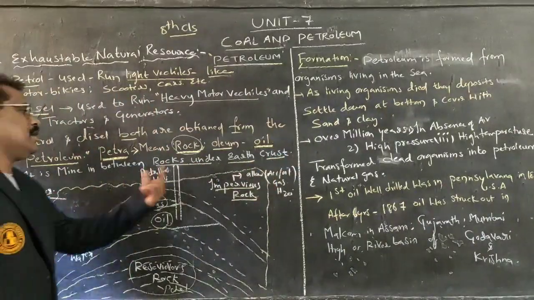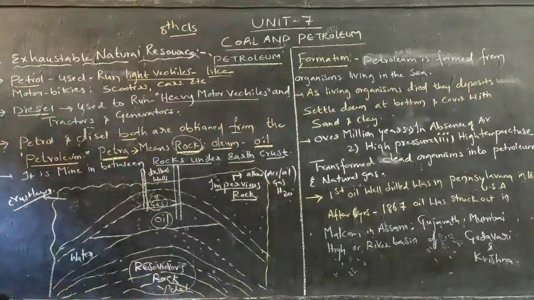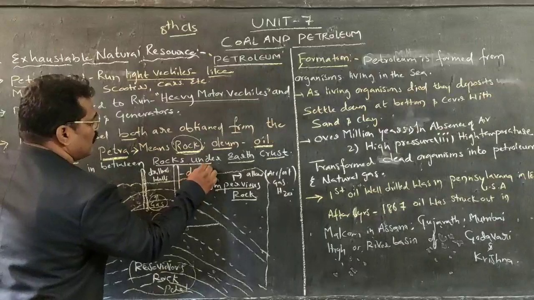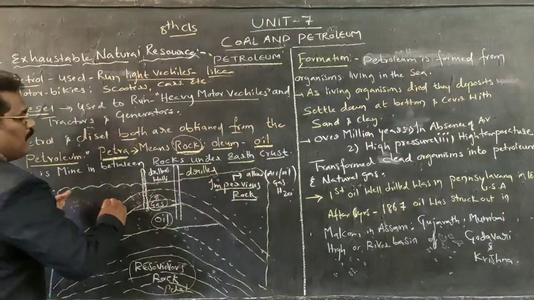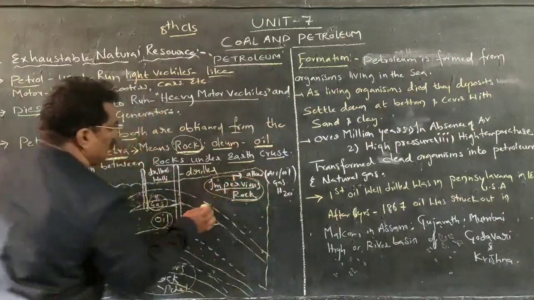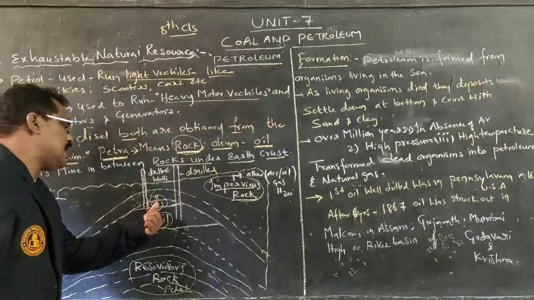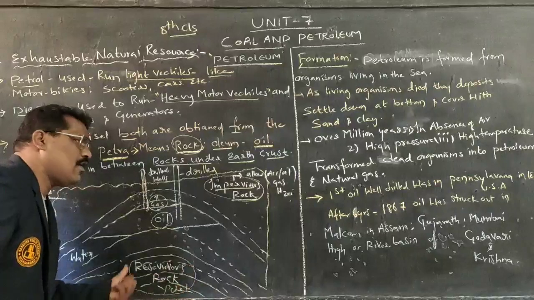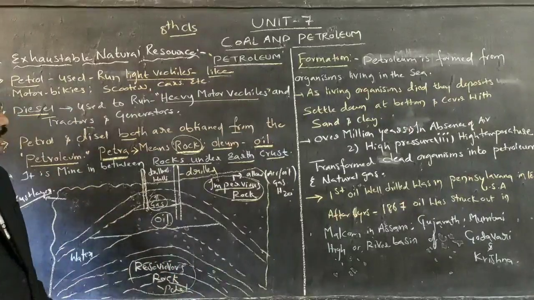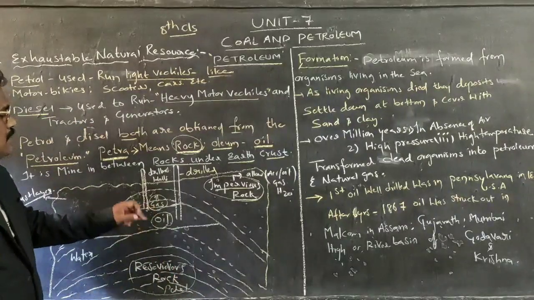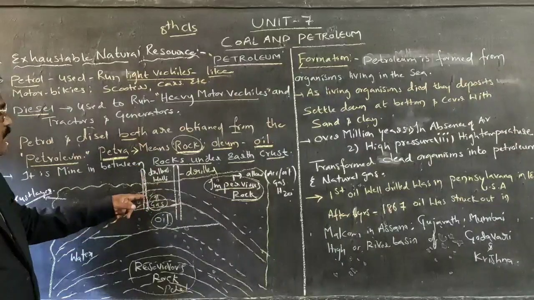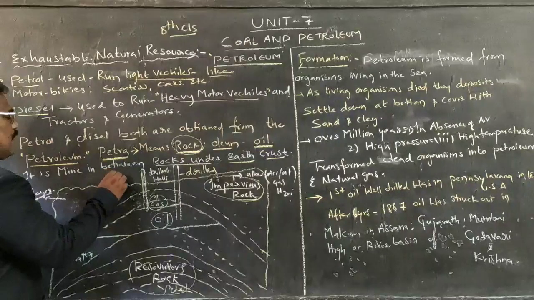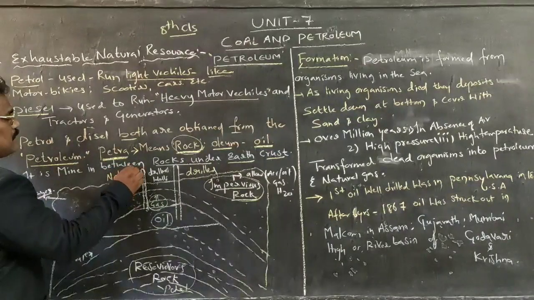Therefore, I have kept this particular diagram. This is the crust layer I have taken. These two are drillers. In the crust layers, in between impervious rock, there are gas layers, oil layers, water layers, and a reservoir rock layer. To extract gas, they drill into these wells, and from this we can extract gas called natural gas.